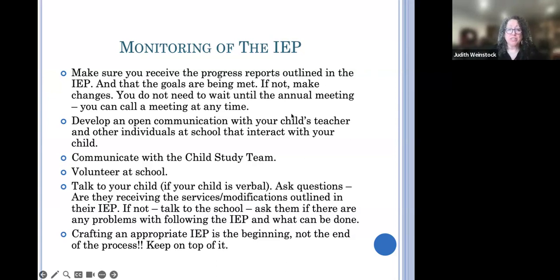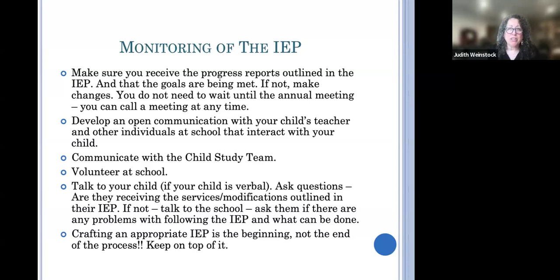You can make sure that you receive the progress reports, the generic progress reports that parents get. We hear complaints all the time from parents, and we review them, and they can be meaningless. That's why it's even more important to sometimes specify what kind of data you want collected that's supposed to be supporting what the progress reports are saying. And you have a right to access that data and that accumulated information, along with the assessments they're taking in order to monitor the progress of your child.